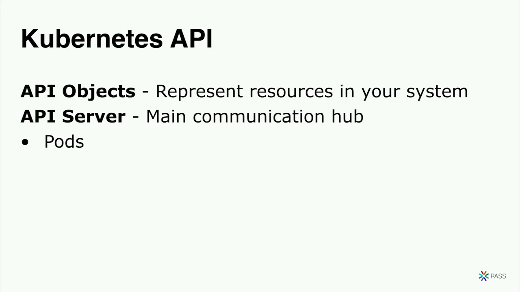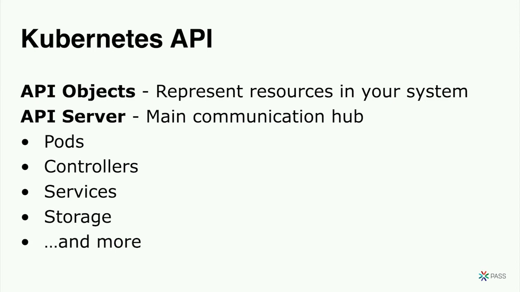Now, the core API objects that we're going to work with are things called pods, controllers, services, storage, and a lot more. We're going to focus on these four today. Pods are your container-based application. It's literally going to be a wrapper around a container and all of the runtime information it needs to execute successfully in your cluster. A controller is the way that we implement desired state. If I tell Kubernetes, I need you to keep up one SQL Server all the time, two web servers all the time, I'm going to wrap that up in what's called a controller, and it's going to effect that desired state for me. Services provide IP and DNS for persistent access into our apps, and